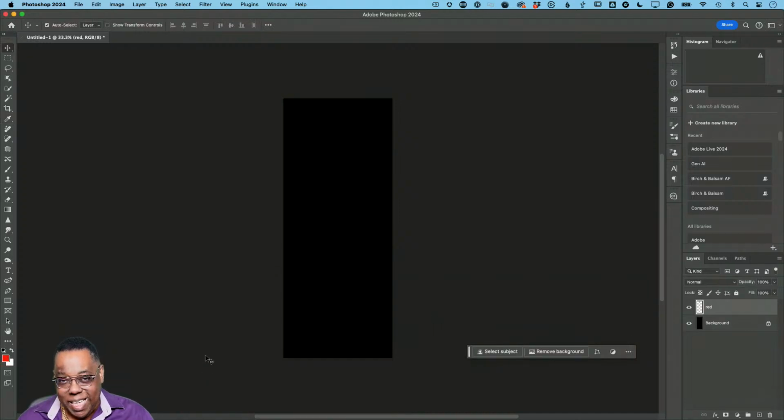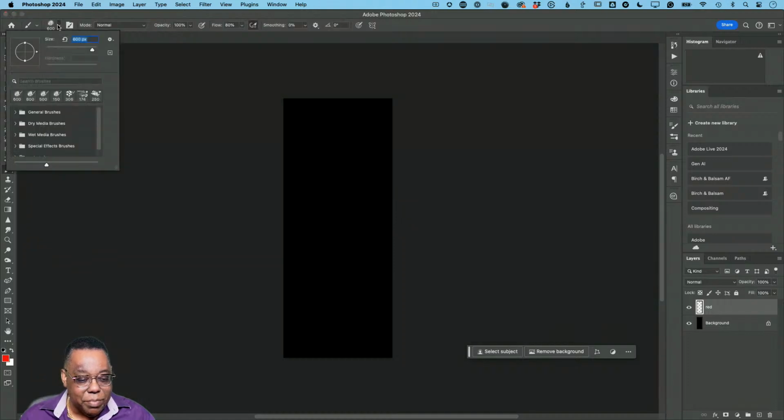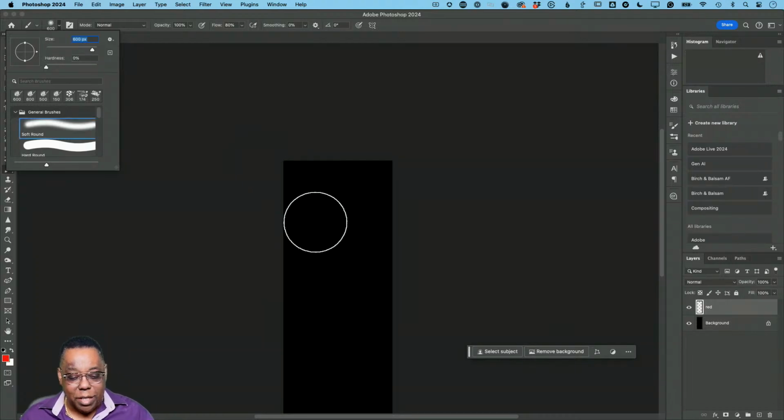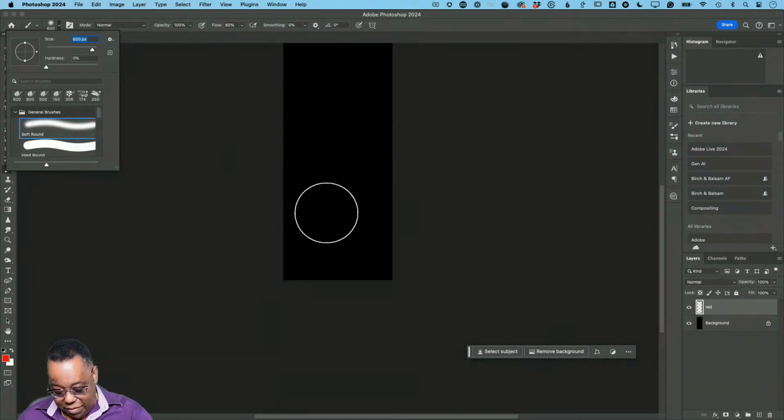Now I want to paint, but I want those like if you were to take a paintbrush and just splatter it against the wall. I want that look. So typically when you go to your paintbrush and you are using the default brush, which I'm not, but if you were using the default brush, general brushes, there we go. If you were using a regular soft round brush, and even if you make it smaller,